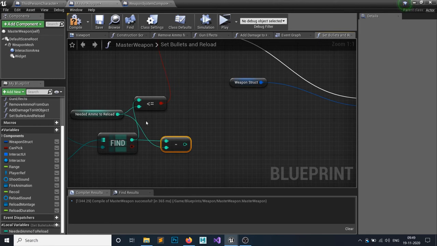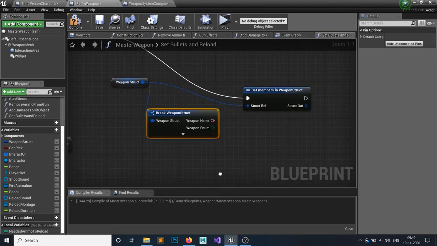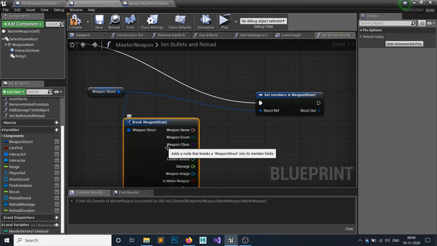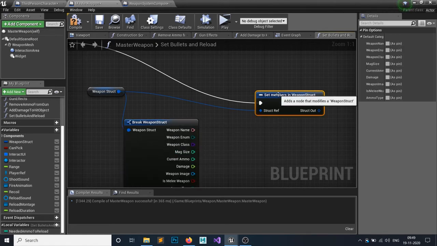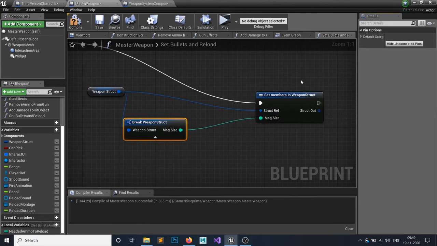And I will simply break this, and I have that magazine size. So I have to set that magazine size as the amount of ammo. Click on this magazine size to add a pin, and this one would go here, because let's say my magazine size is 40, then after reloading I have to set 40 bullets in my gun.